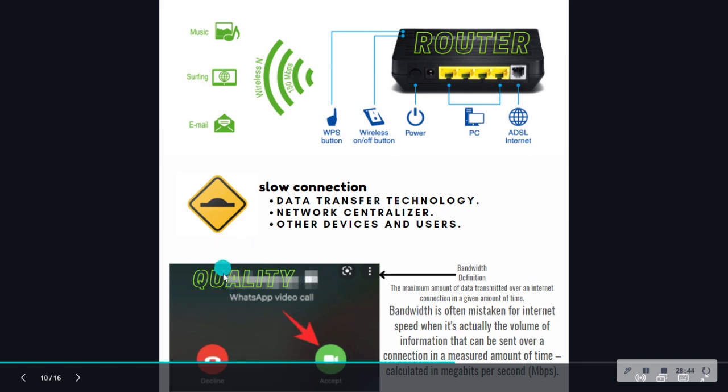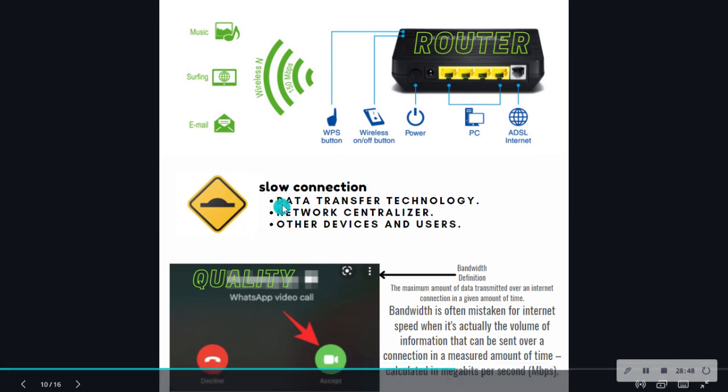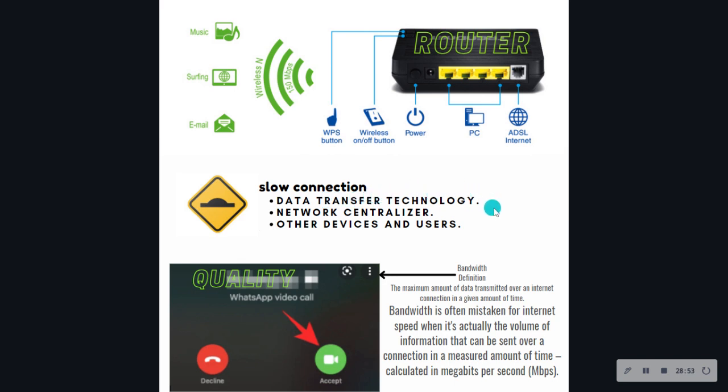That will cause your quality to be poor, but your connection speed will be affected by your data transfer technology. In other words, let's say I am transferring files from one device to another through Bluetooth, and let's say the distance between the devices suddenly increases. Then that data transfer will come to a halt, or it will decrease. Your network